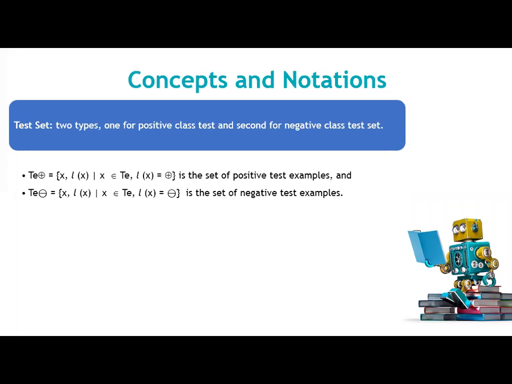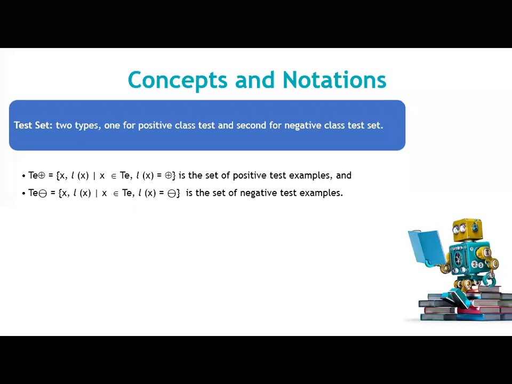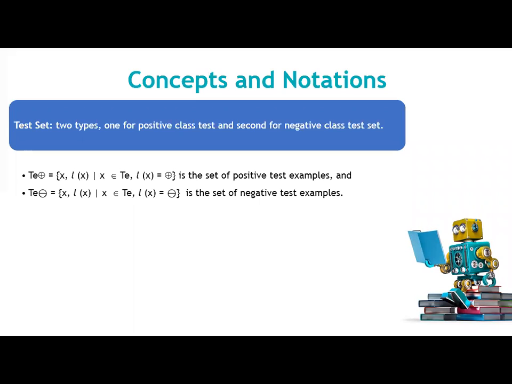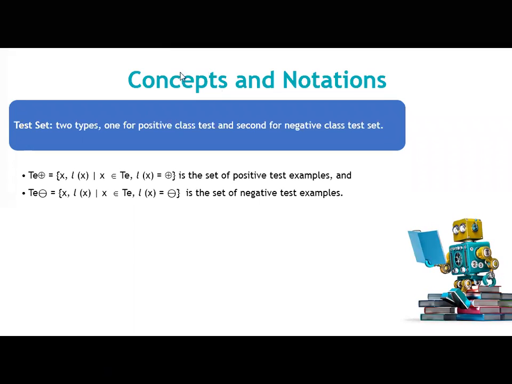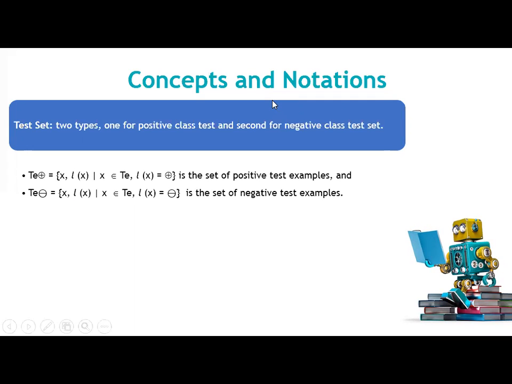So this definition you either keep by heart or mug up, but there is no need to mug up. This is very easy. X is what? Instance. LX is what? The label of that particular instance. Which type of instance? We select the instance from the testing data, and if I take it from the training data, it will be TR. And which type of label? The label which belongs to positive. So X belongs to TE and LX belongs to positive. So X we always take from the testing data set, and we take the testing data which has the positive label. So these are the positive test examples, and this is for the negative test examples.